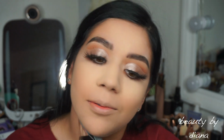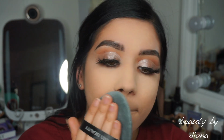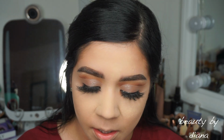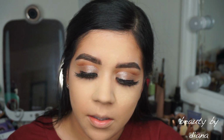I really, really love this product. That's why I'm just blending it in, really making sure I'm pressing all the product in, and then using the smaller one obviously for underneath. So I'm just gonna